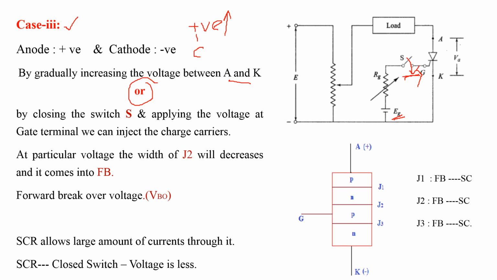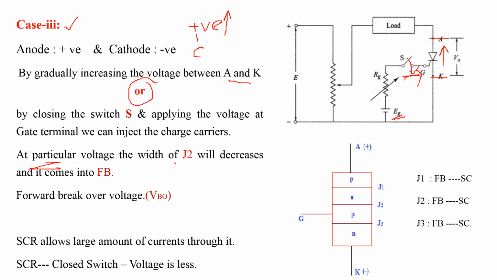By injecting charge carriers while keeping the voltage between anode and cathode constant, or by opening this switch and gradually increasing the voltage between anode and cathode, at a particular voltage